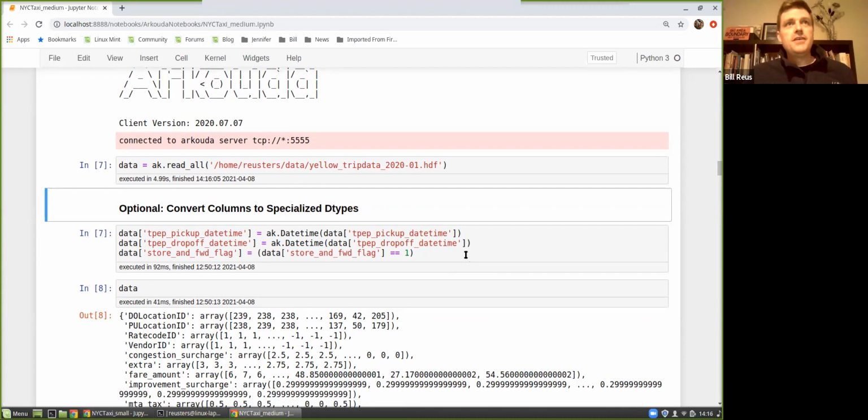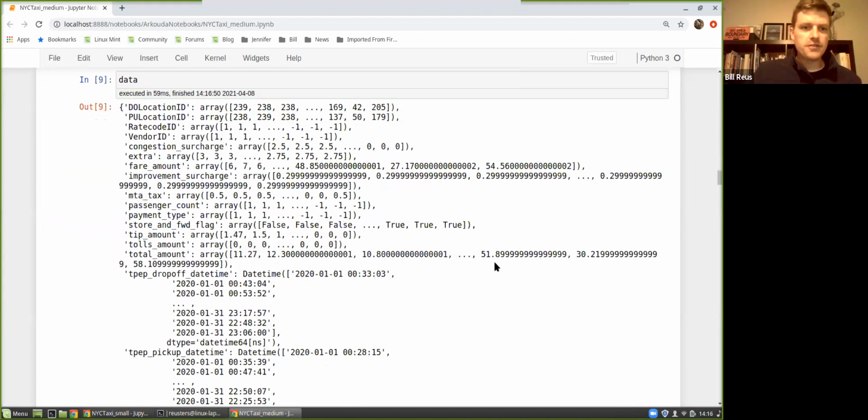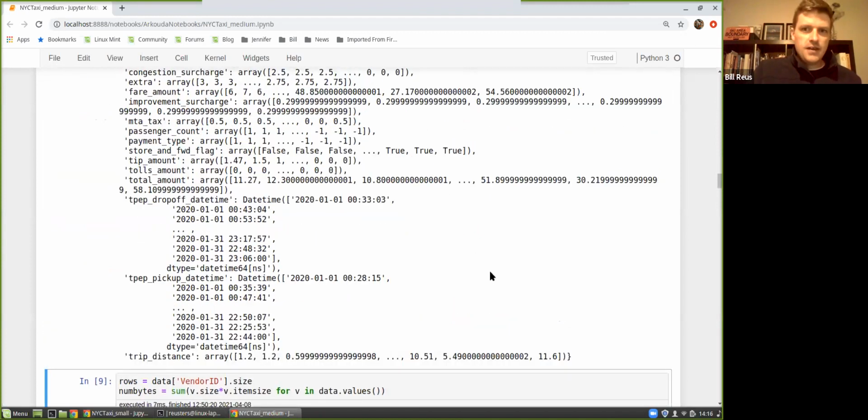And then remember, I mentioned that the only HDF5 types that Arkouda supports are integer, float, and this custom string. But once you've read those in, you can do conversions after the fact to more specialized data types, like the pickup and drop-off times. There's an Arkouda datetime class for those, which I'm going to convert the top to. And then for Booleans, if you test for equality, that will return a Boolean. So once you do those conversions, you get